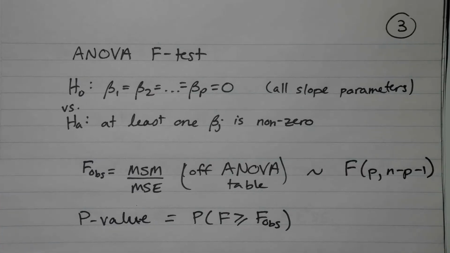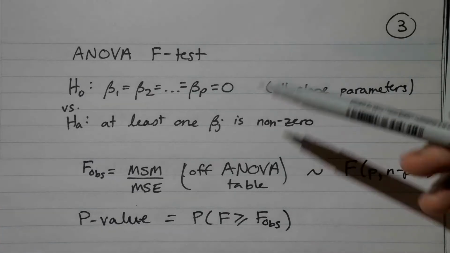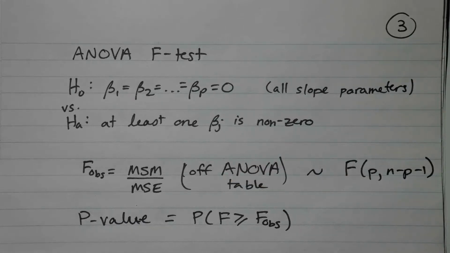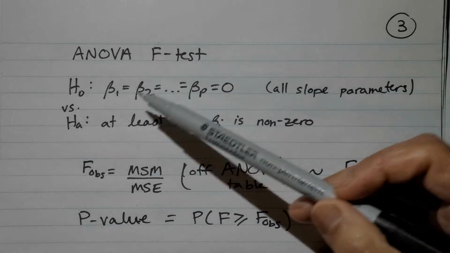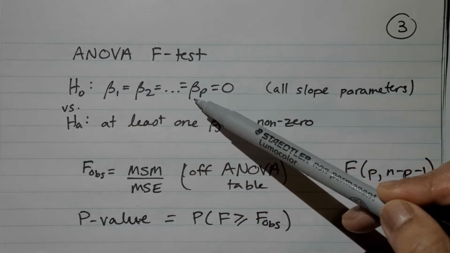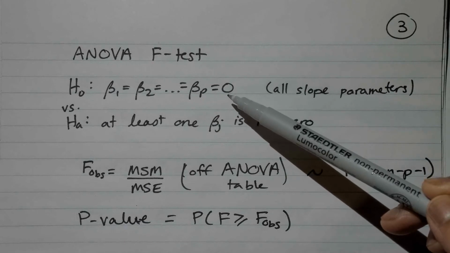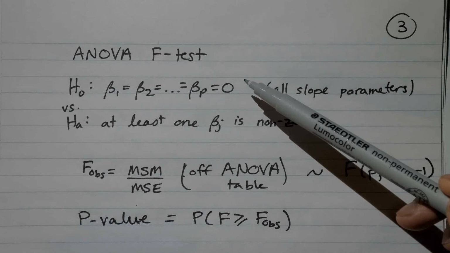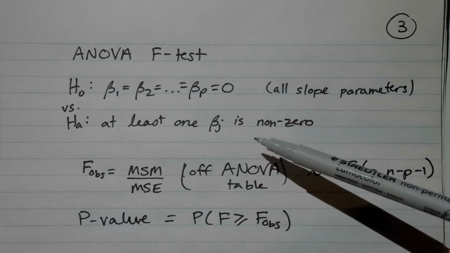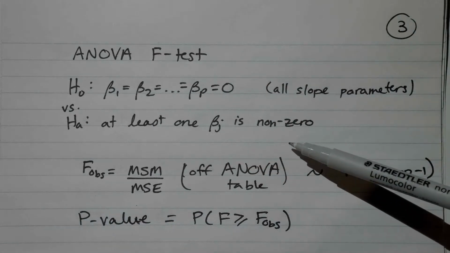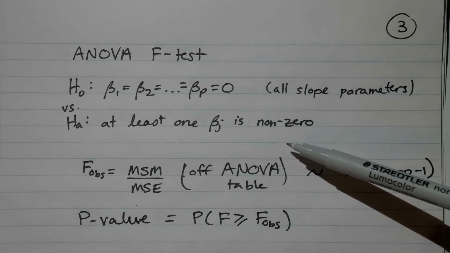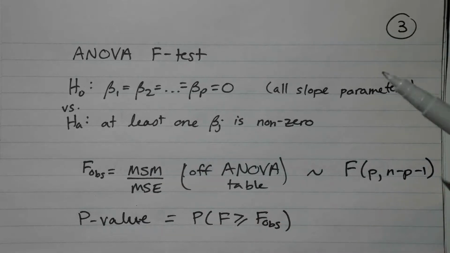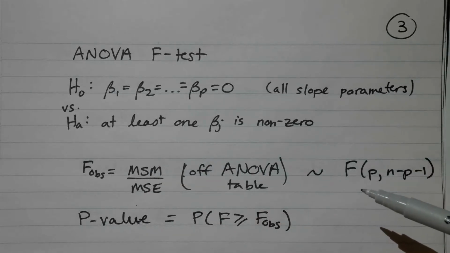So the first type of test we might be interested in doing is an overall, or the ANOVA F test, which tests that each of the betas are not only equal to each other, but that they are equal to 0. So the null hypothesis is that there are no slope parameters, and the alternative is that at least one of those slope parameters is non-zero. The F statistic can be read off of our ANOVA table, and it has been shown that under the null